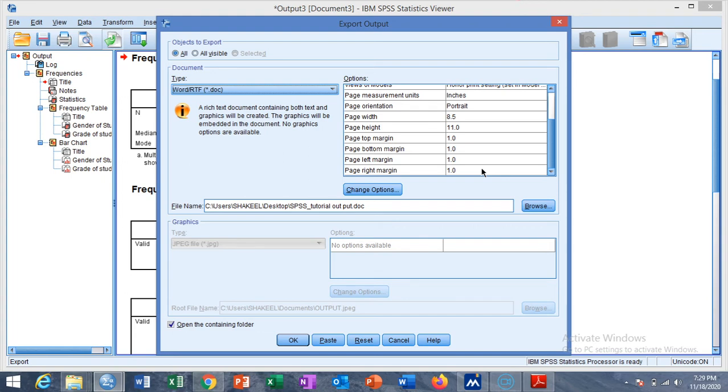If you want to change these options, you can click on the change option. For now I let it as it was, and save the SPSS output to the Word document extension, and click on OK.